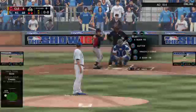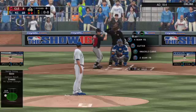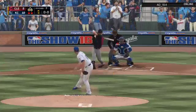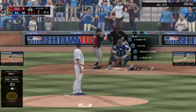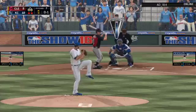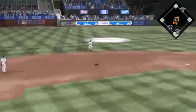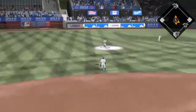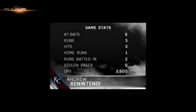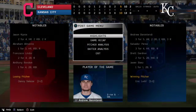Chase Headley steps into the box, and we'll see what he can do here. 2 on, 2 away, 2 home in the inning so far. Well, this could be a huge inning or maybe the end of the inning. This is a pivotal at bat in one of the turning points of this ball game right here. The 0-1. Now a swing and a fly ball, and this should do it. And that is going to put an end to this one, and the Royals will add 1 more to their winning streak as this ball